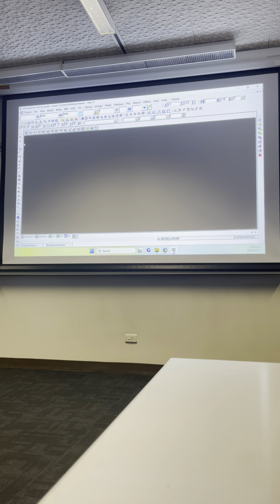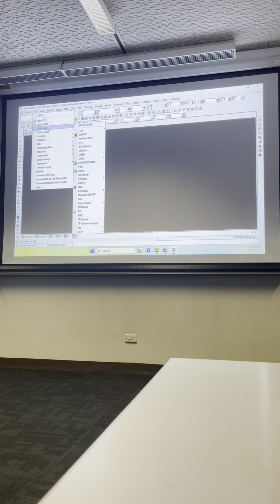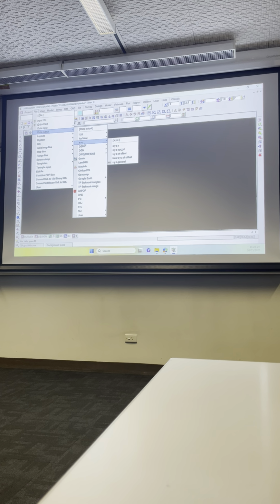So I read the data. Same as how we do the leveling. But this one, you go to File, data input, XYZ, XYZ S point IT. That's what I prefer. You can choose. Some students use general, but I like this one. That's my preference. So choose,